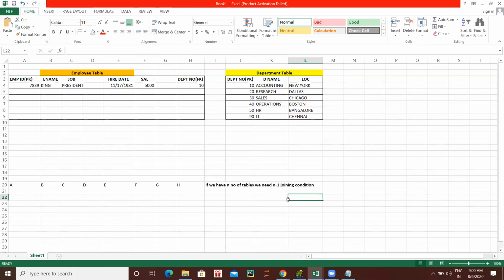And while writing the query, you should see if you have missed any. Let's say you are taking care of 19 tables or 15 tables or 5 tables. You have to check if you have missed any joining condition. Then the Cartesian product will happen, so you will get wrong data. Okay. So now go to Toad.